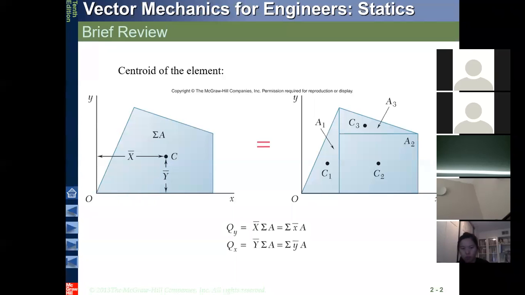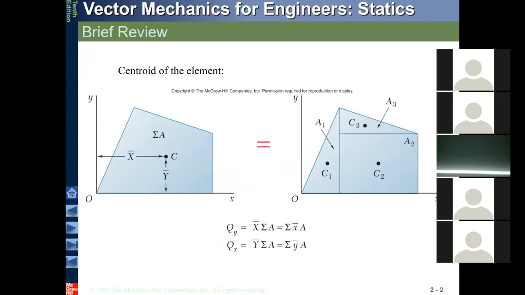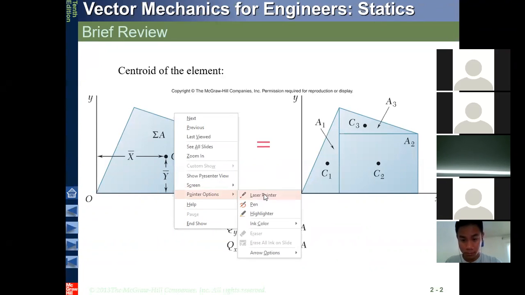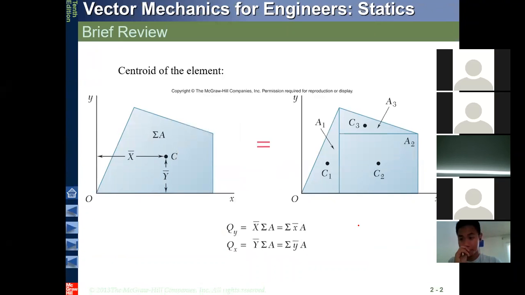So let's have a quick review on the centroid of an element. You know that the centroid of the element is defined by these two formulas. Qy is the first moment about axis y, and Qx is the first moment about axis x. And what you do for an arbitrary object is that